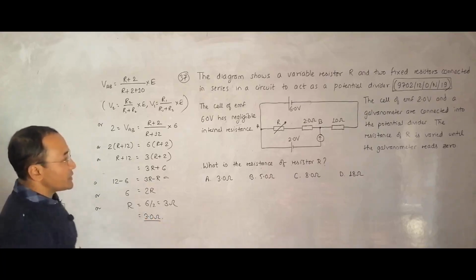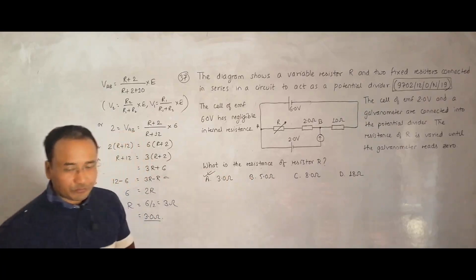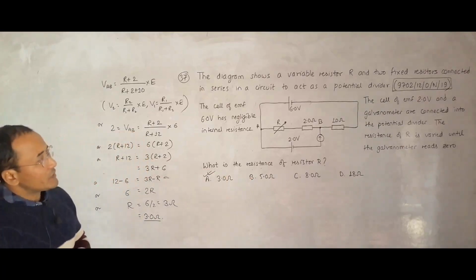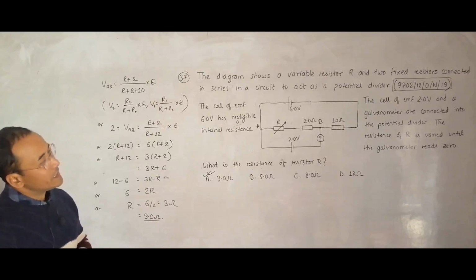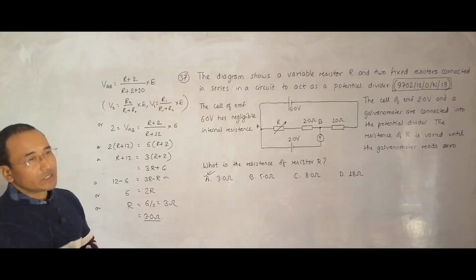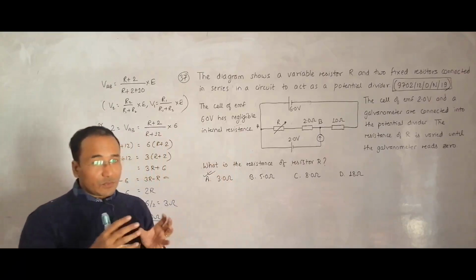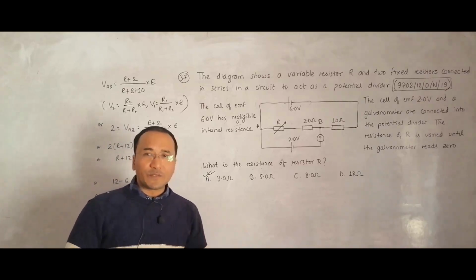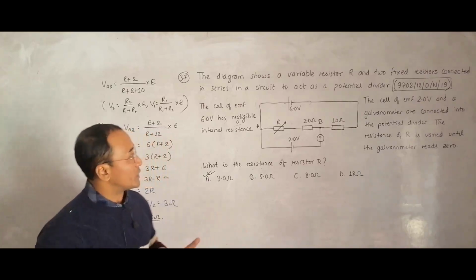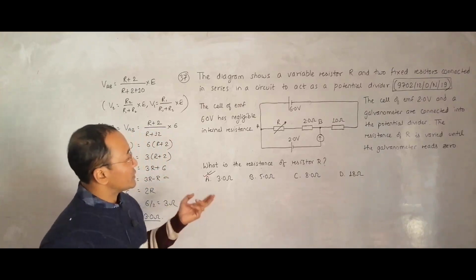So if I go to the choices, choice A is the correct answer. Why am I interested in this question? In many cases, students see only two resistors in a potential divider, but here it's three. That addition of one resistor is enough to baffle many students, so they often feel confused or hesitant. In order to prevent that and make them aware, I am doing this question.